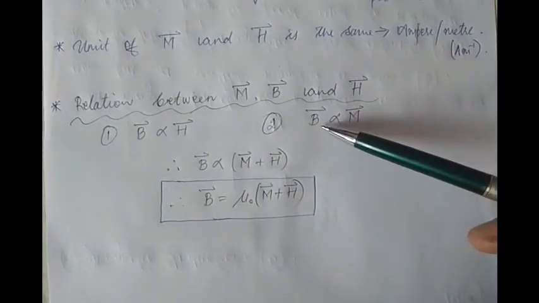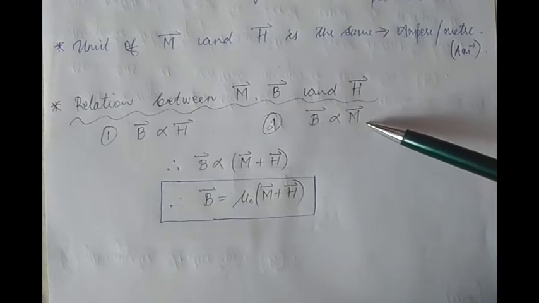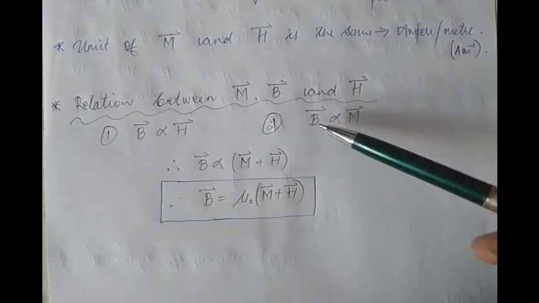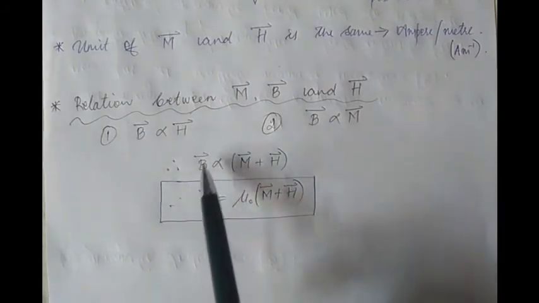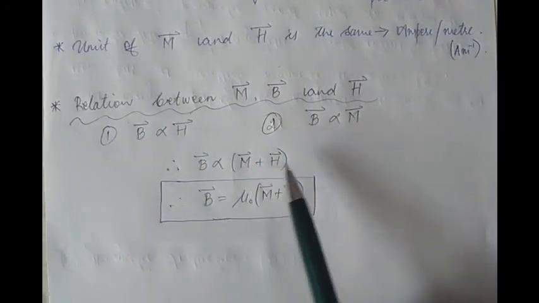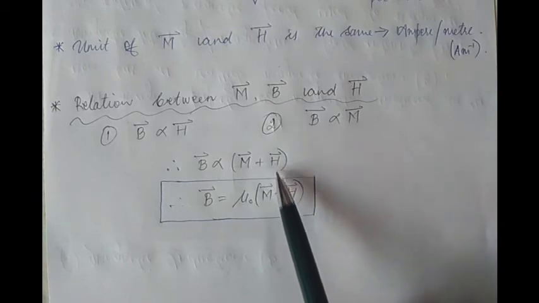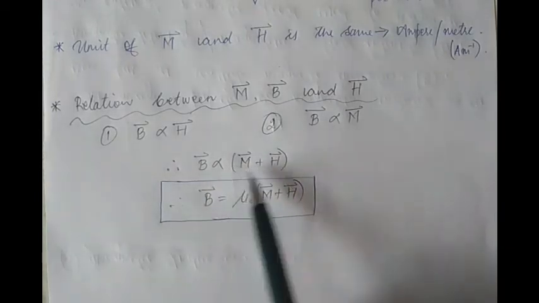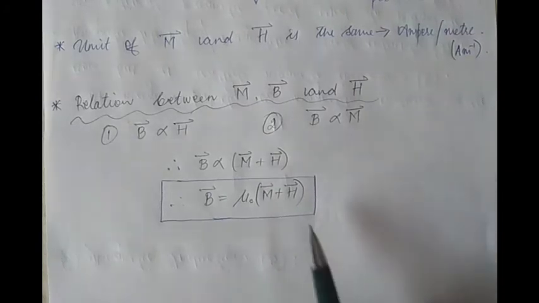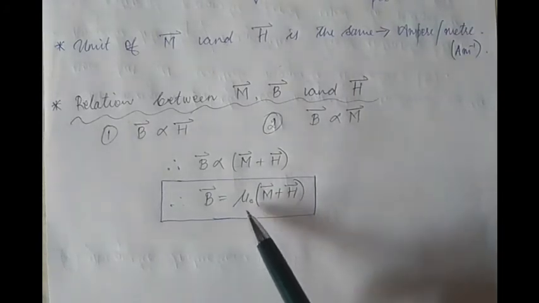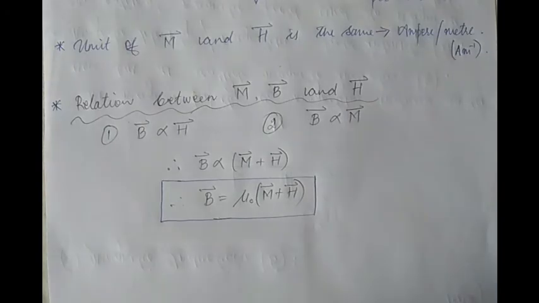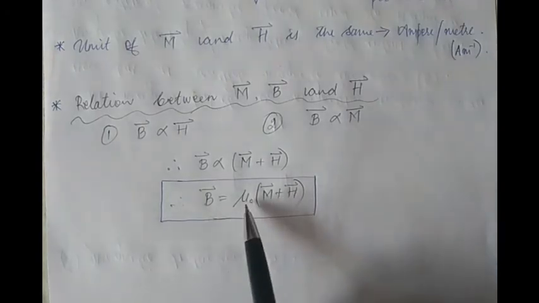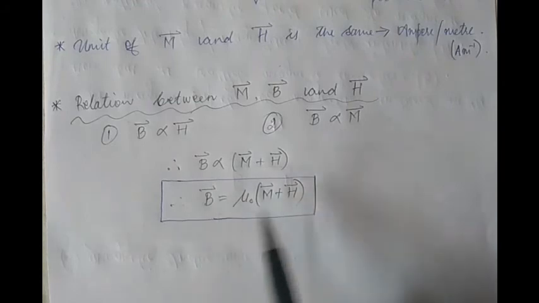And also, magnetic induction depends on the intensity of magnetization. The more the number of dipoles generated per unit volume, the more the magnetic induction. So to say, B is directly proportional to the combination of intensity of magnetization and also the external magnetizing field. Therefore, we write B is proportional to M plus H, and this therefore is the relation where mu naught, of course, is the permeability of the medium and is also the constant of proportionality over here. So B is equal to mu naught into (M plus H) is the relation between B, M and H.